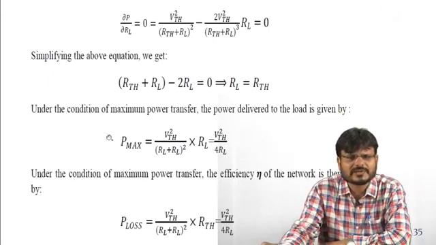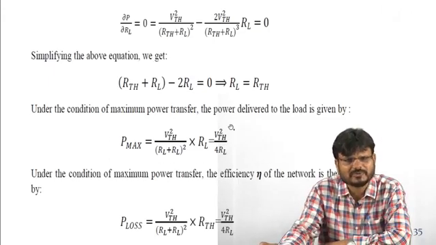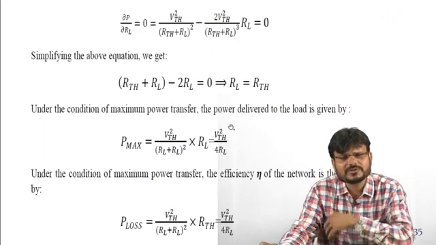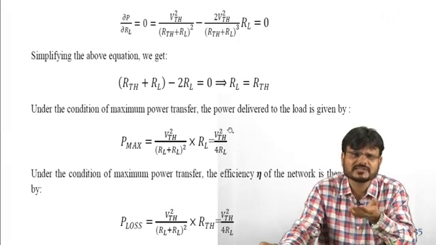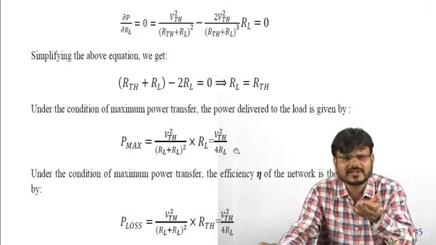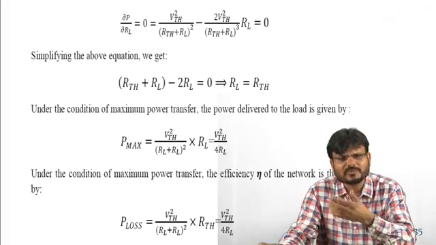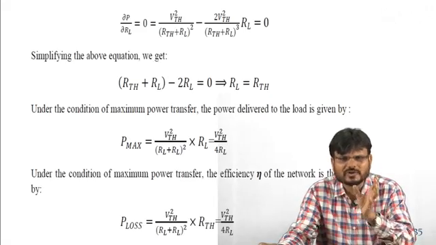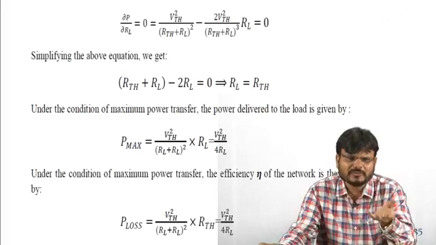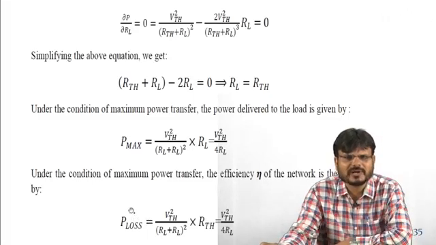Now you have calculated the maximum power, or you can say this is the output power. Because you have to find the efficiency, efficiency is equal to output power upon input power. And how can you calculate the input power? If you add the losses to the output power, then you get the input power. So now you find the power losses.